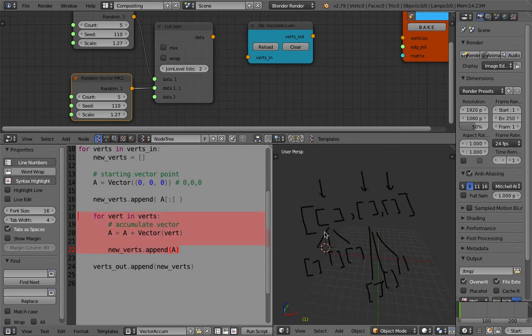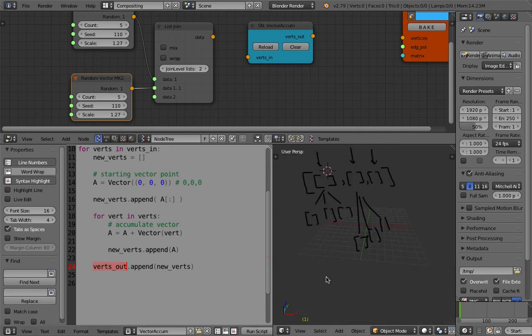This will do it for a single list. So let's say we have three lists of random vectors. For each list of random vector, we're gonna do this algorithm. Very simple, just adding from a starting point, we're gonna add the random vector value and keep adding again, and the list gonna grow, and we get the final result, and we're gonna append it into a new verts list. And for each list, we're gonna append it into this verts out. The new verts out will contain a list of lists again, and that's gonna be for our random vector,